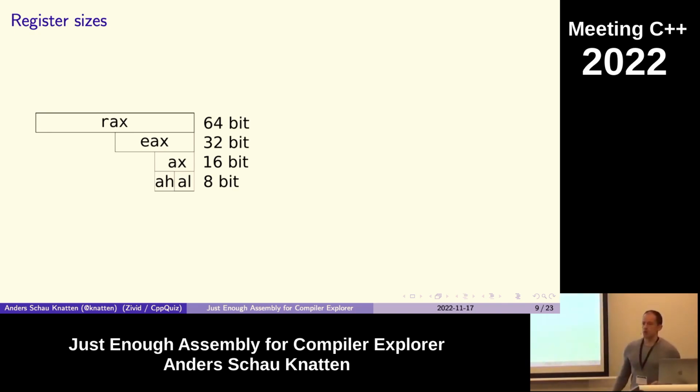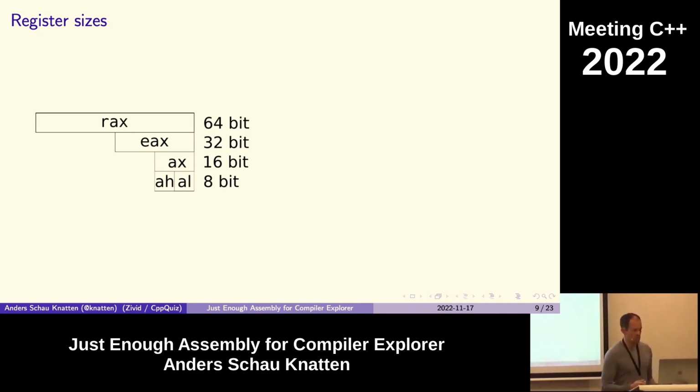And before we continue, I want to mention register sizes. So originally, when the 8086 processor came out, like the first processor in the x86 architecture, that was a 16-bit processor. So then we had 16-bit registers called AX, BX, CX, DX, and so on. But we also had these other names, AH and AL, which just refer to the 2 halves of AX. So they are the high part and the low part of AX. But it's actually just one register called AX, but these are just names for putting a byte in the lower or higher part of the